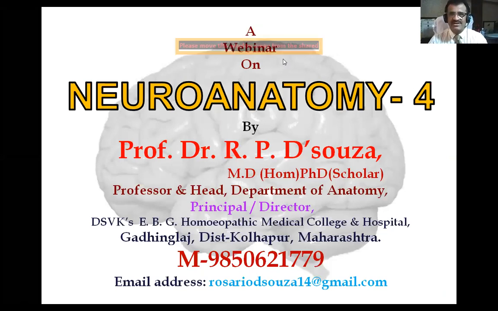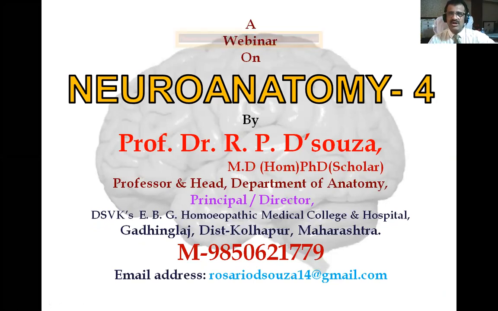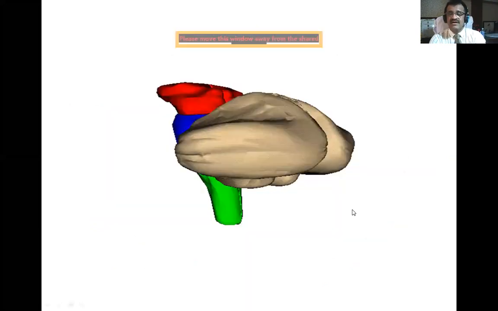That means mesencephalon means midbrain, and along with midbrain, pons and medulla oblongata, which are part of rhombencephalon, they make a brainstem. So today we will study the brainstem, which comes just below the diencephalon. So from above onwards, in the forebrain, we studied cerebrum, then basal nuclei, then all the parts of diencephalon. And after diencephalon comes mesencephalon, which is the first part of brainstem.